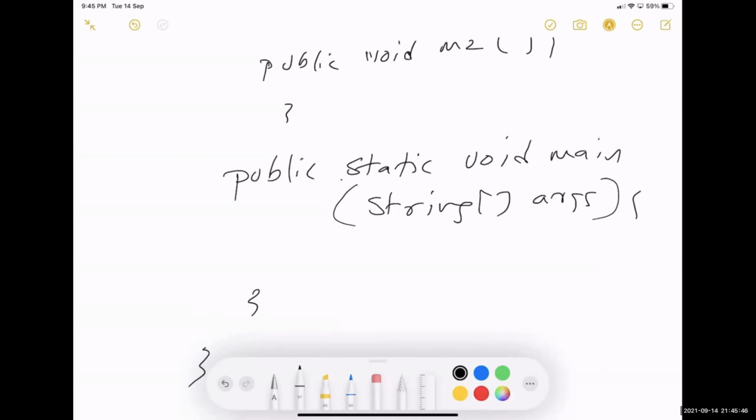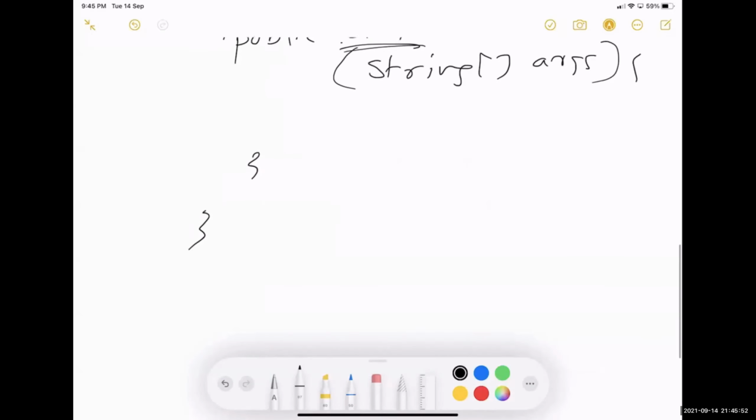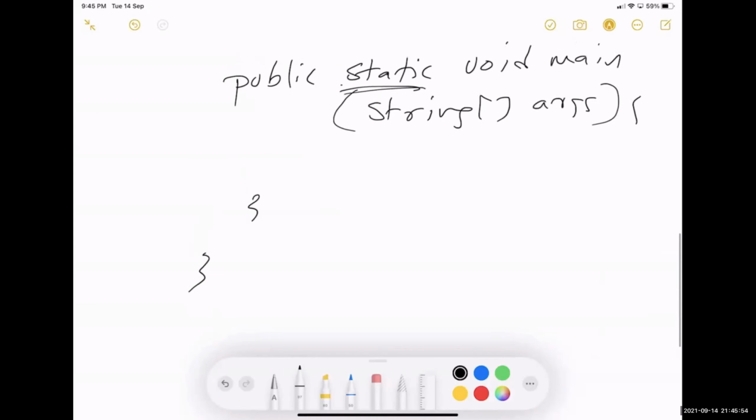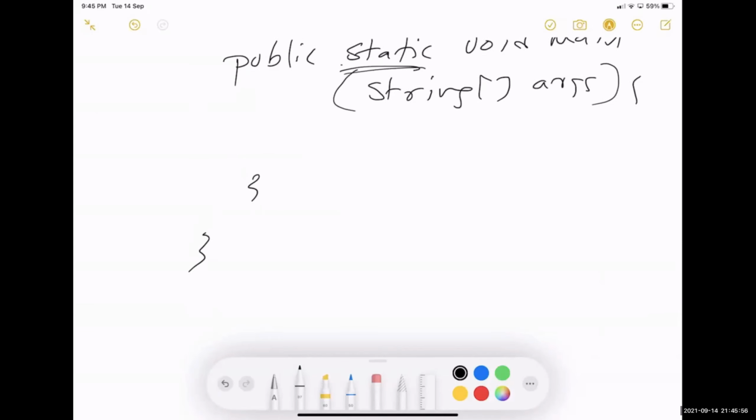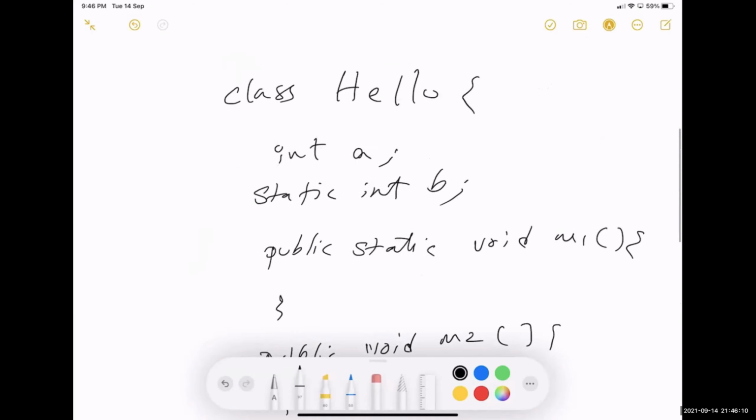Static we discussed in our first class itself, whenever I mentioned public static void main. Static means it belongs to the class. Until now, everything was belonging to the class. If it is belonging to the class, how do we invoke it? The class name is Hello, right? So I can access all static variables as Hello dot, here the static variable is b.